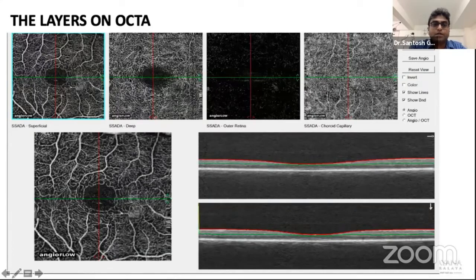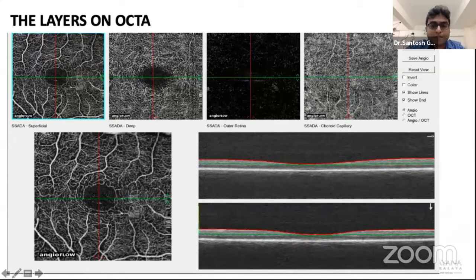Chaitra already. So these are the slabs which are important here, especially the deep retinal plexus and even the outer retina, wherein we don't see vasculature that either goes from the DCP towards the choroid or the vasculature that comes from the choroid towards the DCP. So all these layers are especially important in the deep retinal vascular disorders.